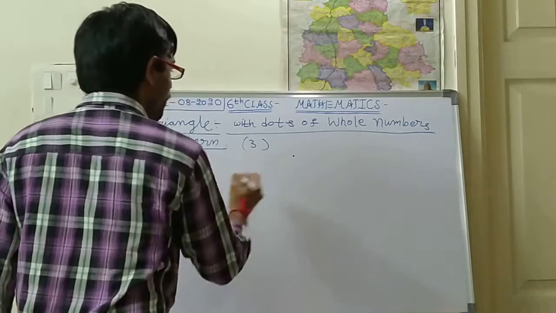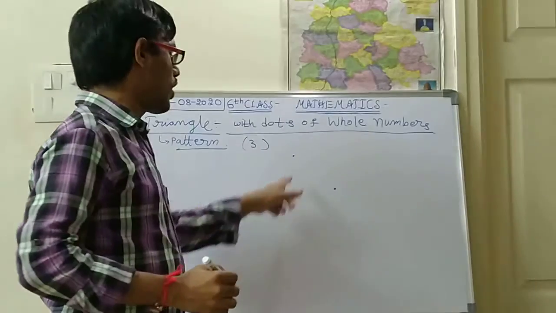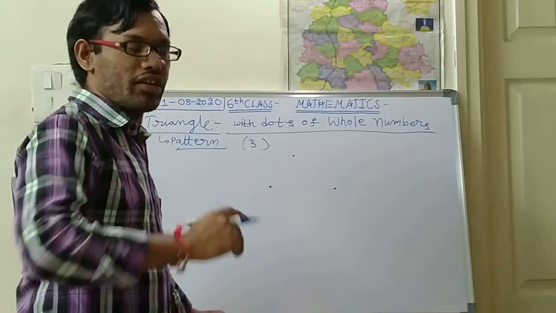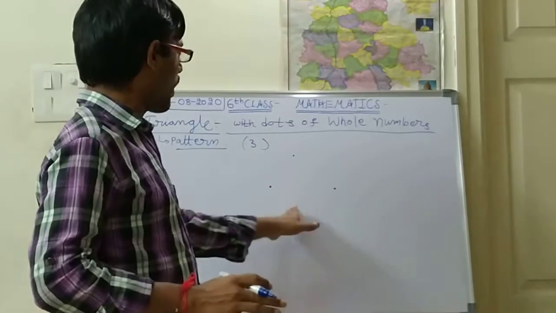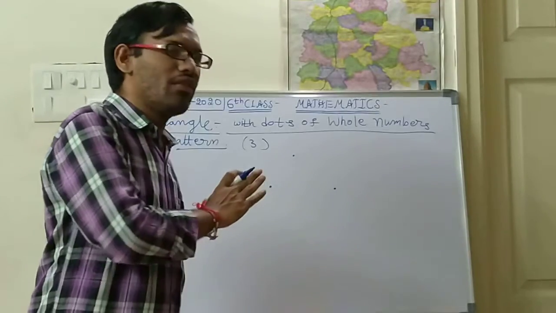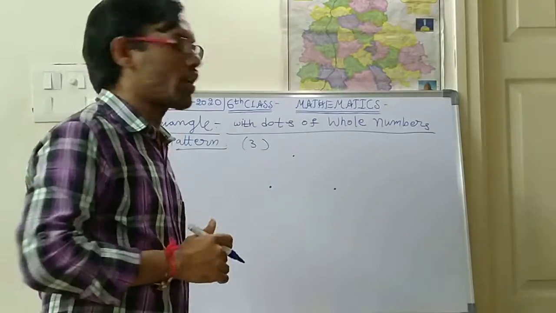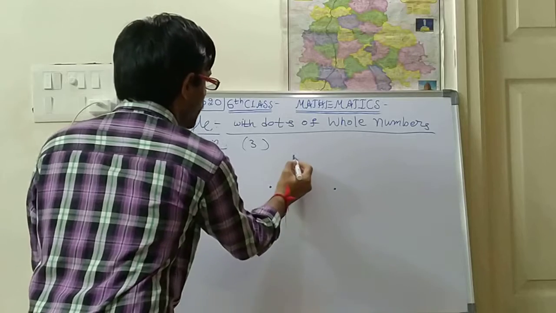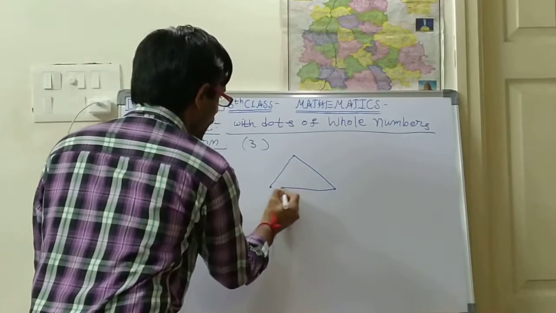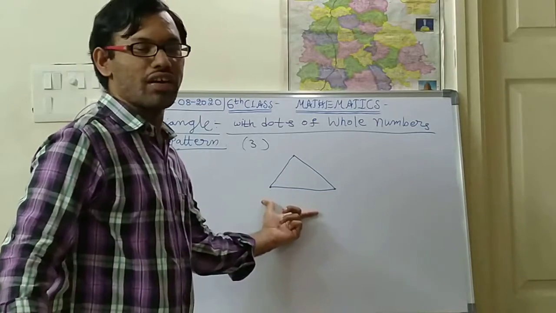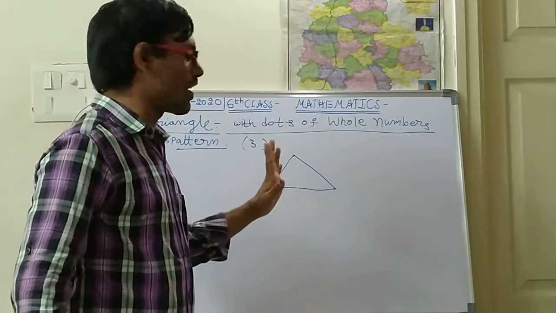One dot here, another dot here, another dot here. Every dot should be equidistant from each other. Equidistant means the same distance. After placing the dots, you should have a clear vision of the triangle pattern. Now if you join these 3, what will happen? If you join these 3, there is a triangle shape. Is it right? This is the required triangle shape.